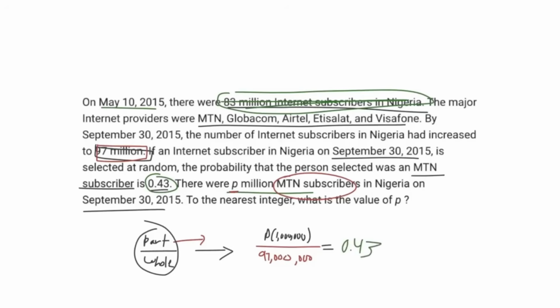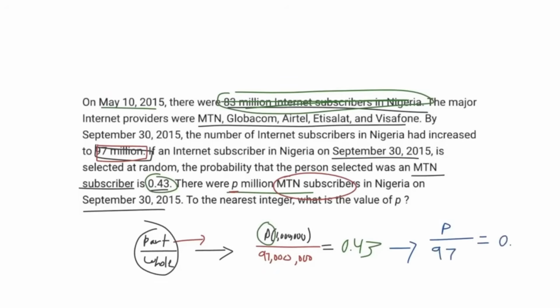So now it's pretty simple. We just have to solve for the value of P. So to do this, you just plug it into Desmos, right? But first, let's simplify this out, because if you type 1 million over 97 million, it's going to give you an error because it's just such a small number. So what we can do here is just simplify. We have P, and then we divide the 1 million by 1 million and divide the 97 million by 1 million. So we get P over 97